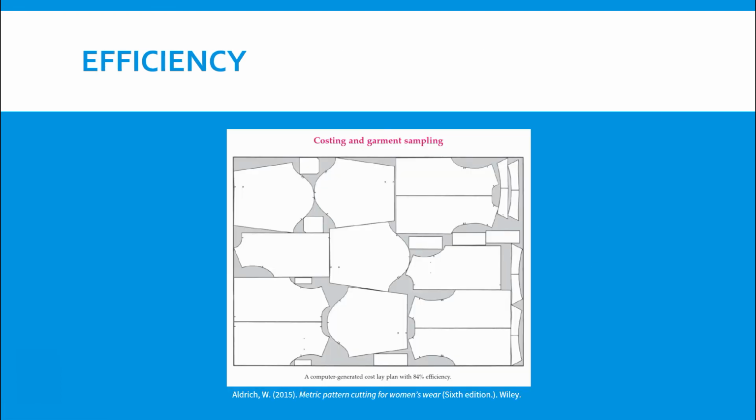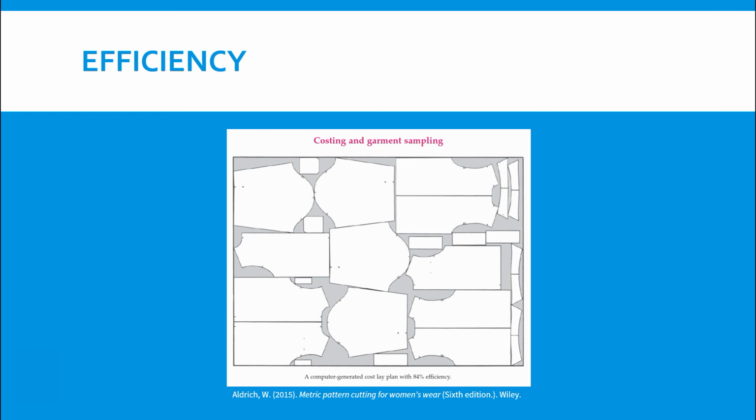Lastly, I'd like to highlight the efficiency. As I said, saving material is very important. But unfortunately, if you are using Illustrator, calculating efficiency and fabric wastage is very difficult. So here is some kind of visual guidance. This is Lay Plan by Aldrich. And if you look at the title of the image, it says a lay plan with 84% of efficiency. So I think this image may give you some idea how much material you can save